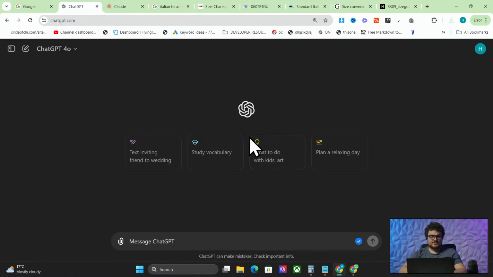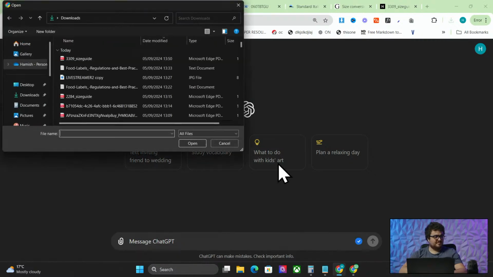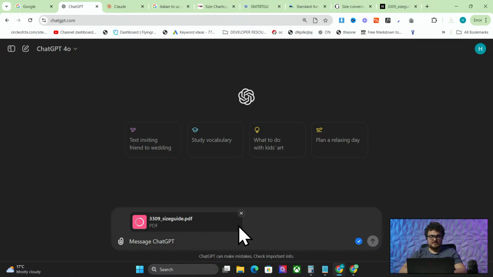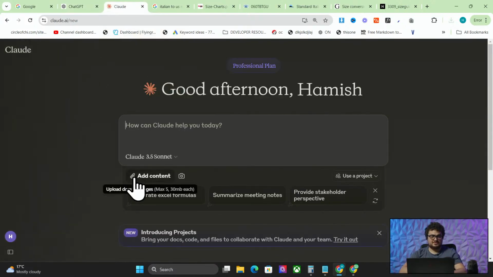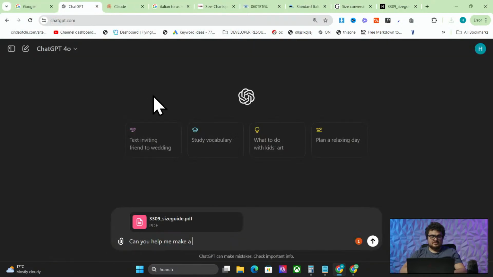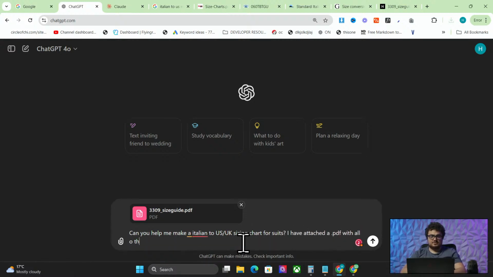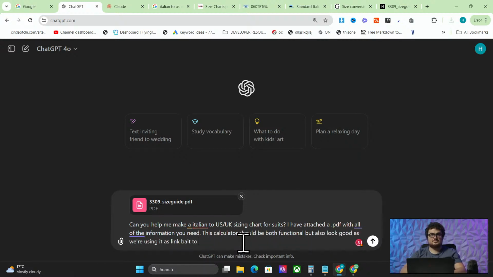So I'm going to go over to ChatGPT now and attach that PDF file like that. I'm going to say, can you help me make a, I'm going to do this on Claude at the same time just to see which is better. So can you help me make an Italian to US, UK sizing chart for suits? I have attached a PDF with all of the information you need. This calculator should be both functional but also look good as we're using it as link bait to try and get backlinks